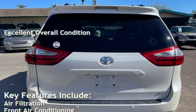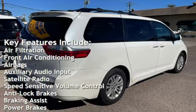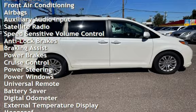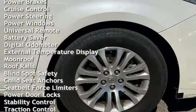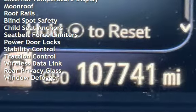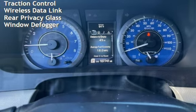Key features include air filtration, front air conditioning, airbags, auxiliary audio input, satellite radio, speed-sensitive volume control, anti-lock brakes, braking assist, power brakes, cruise control, power steering, power windows, universal remote, battery saver, digital odometer, external temperature display, moonroof, roof